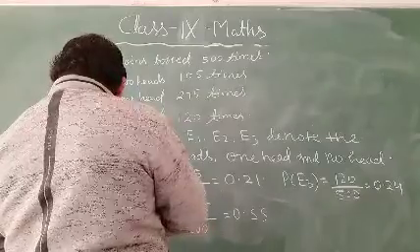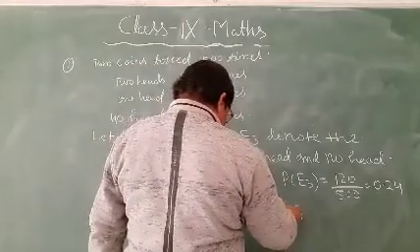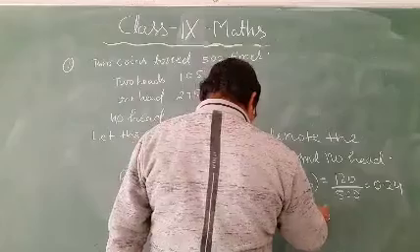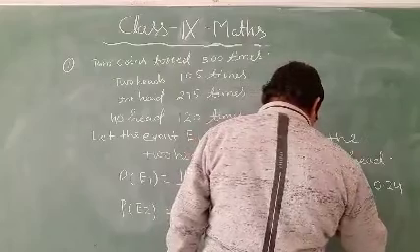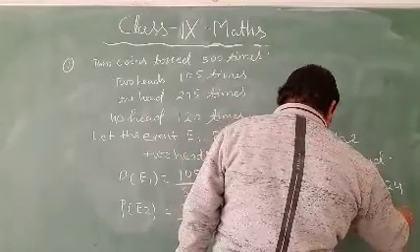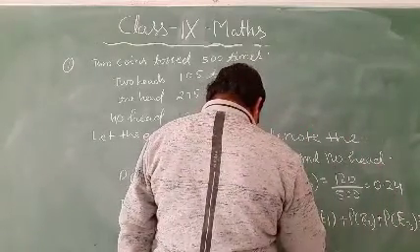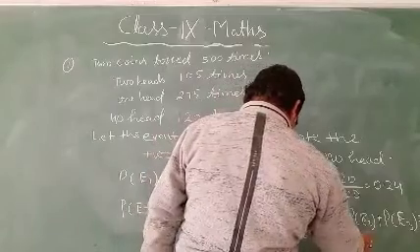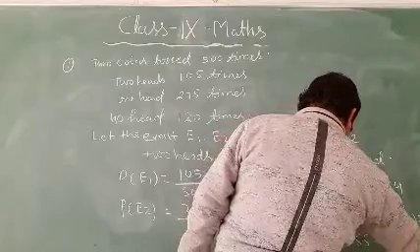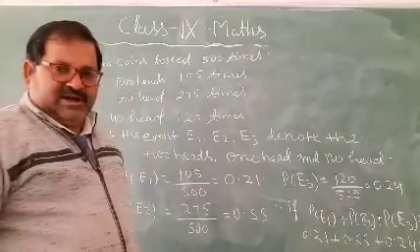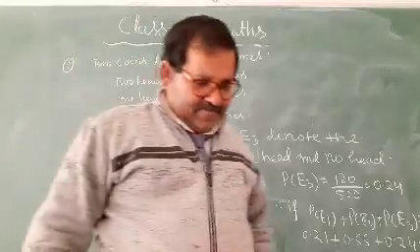So we verify that P(E1) plus P(E2) plus P(E3) equals 1: 0.21, 0.55, 0.24 is equal to 1. So the values of these probabilities are satisfied. Okay. Next,